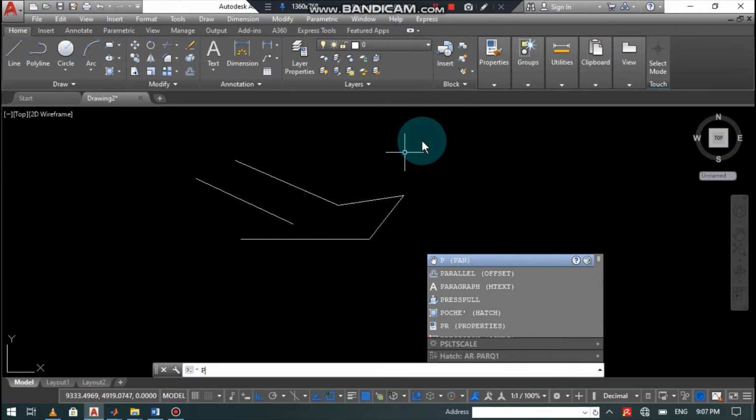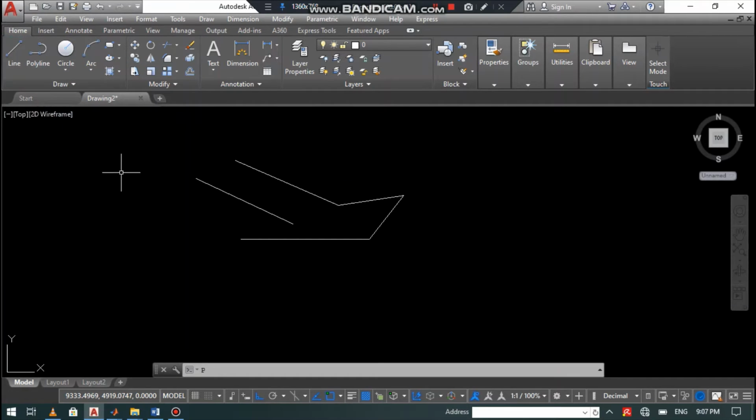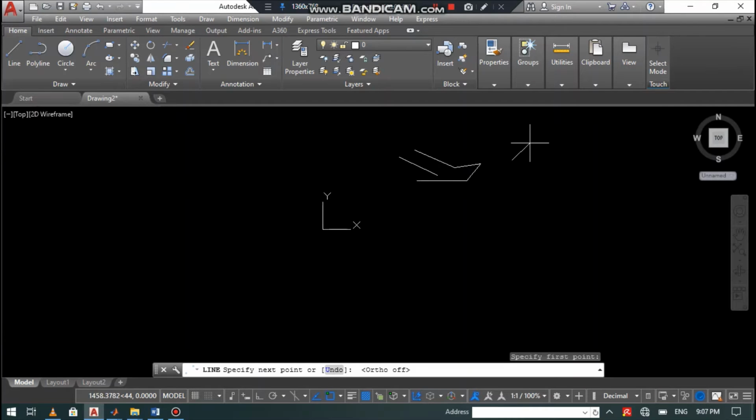Let's draw a polygon with this line command and then see how it works. At first select the line, specify your first point. Now ortho is on, so the line is showing like this. Now press F8 to turn off the ortho. Now in which direction you are going to draw the first side of the polygon.